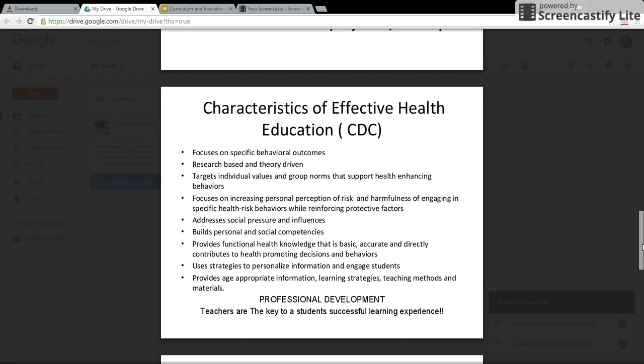How can we help the students to analyze their own risks, okay, so that it feels real and relevant to them? What social pressures and influences, what's going on in the media, what's going on in your community that would influence different behaviors? That's another reason why health education is constantly changing. Those things are constantly changing. Building personal and social competencies, making our students feel good and confident about the skills like analyzing and communicating and decision making,